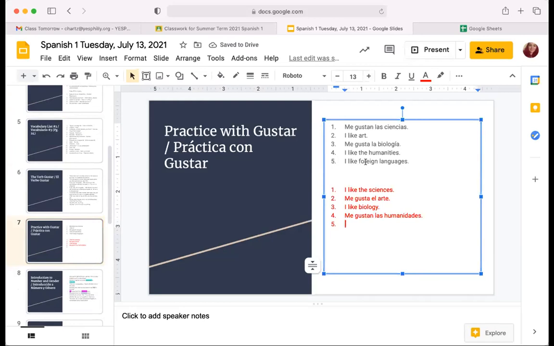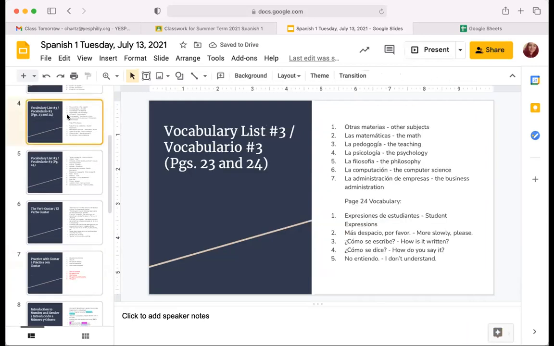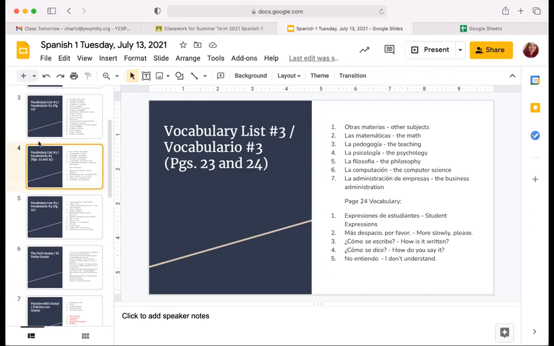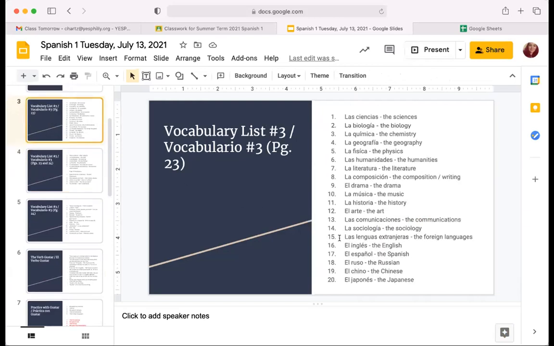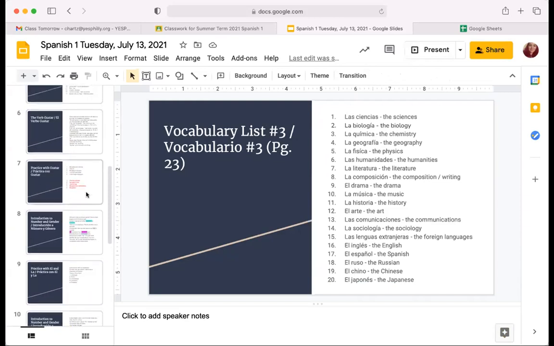Okay, and then the last one is I like foreign languages. You can see languages is plural, so there's more than one. So it's going to be me gustan... foreign languages. Let's find where that is. Keep going to the wrong slide. Right here, las lenguas extranjeras. I know that's like a really long word, but